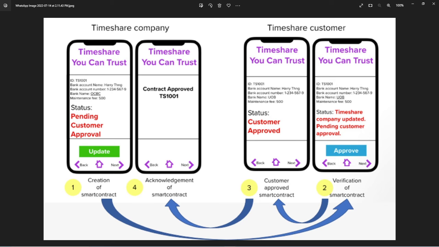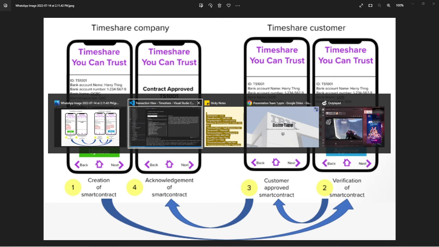Okay, so customer approved, the timeshare company will be notified that the customer has approved and the timeshare company has read the contract. Now, since the contract has been finalized, the content should not be able to be